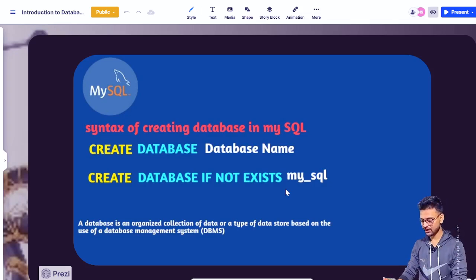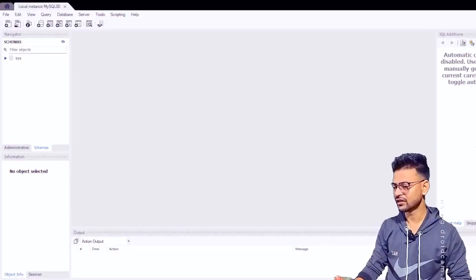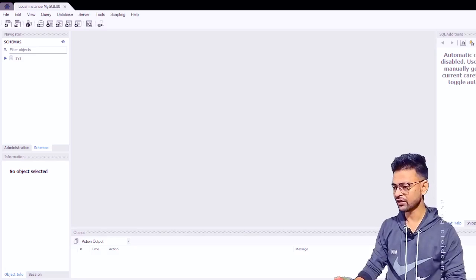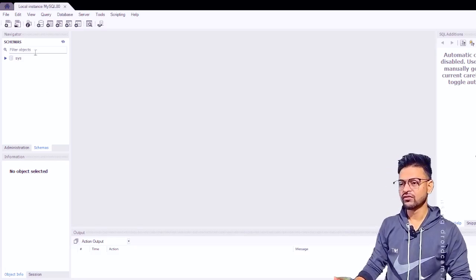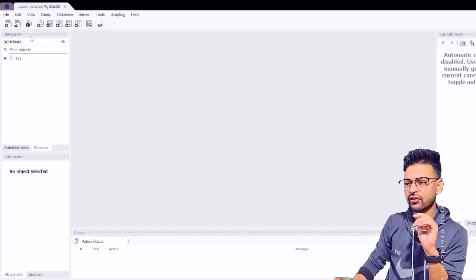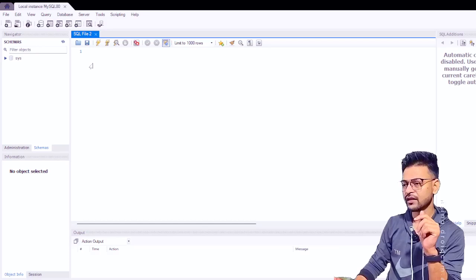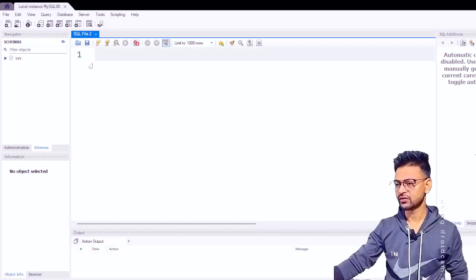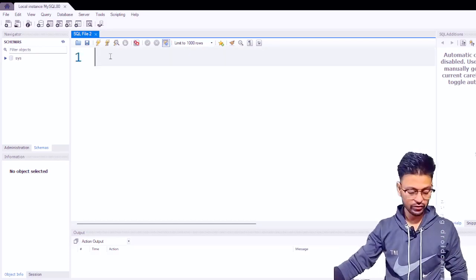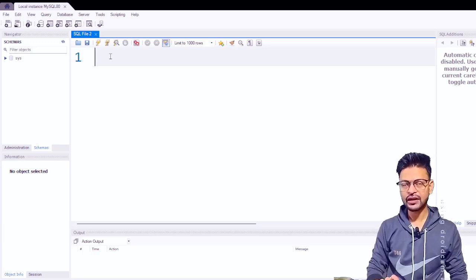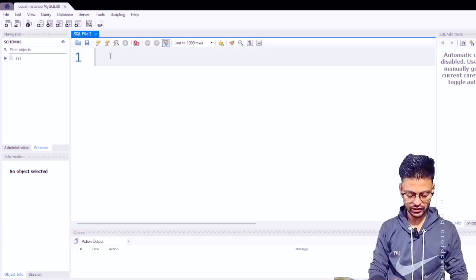Okay, so now let's see how we can create a database in our MySQL. So first open my workbench and we have to select the first option, and let me first zoom it to make it visible. So now we have to write a command. Always remember, write command in uppercase. Okay, create database,